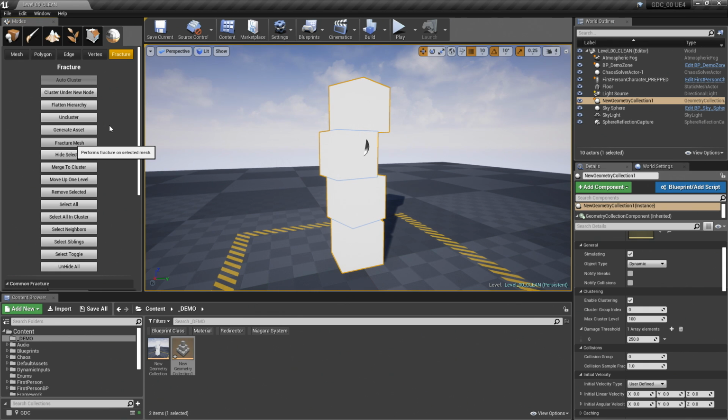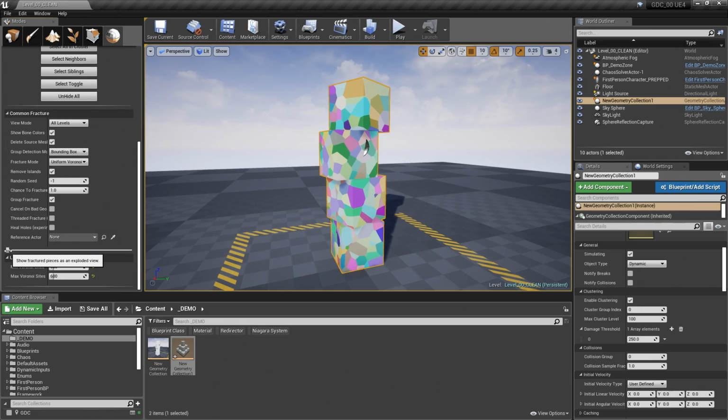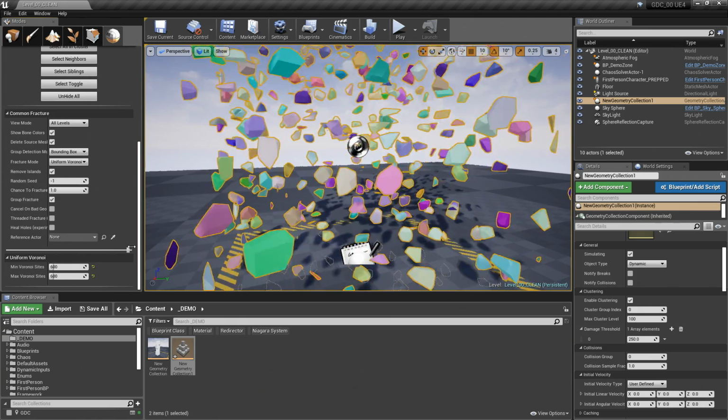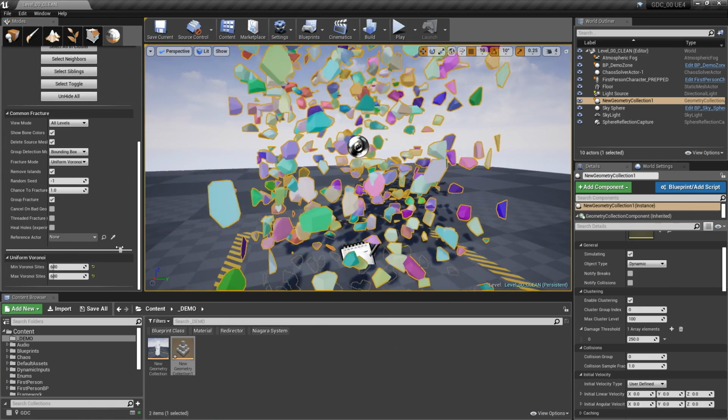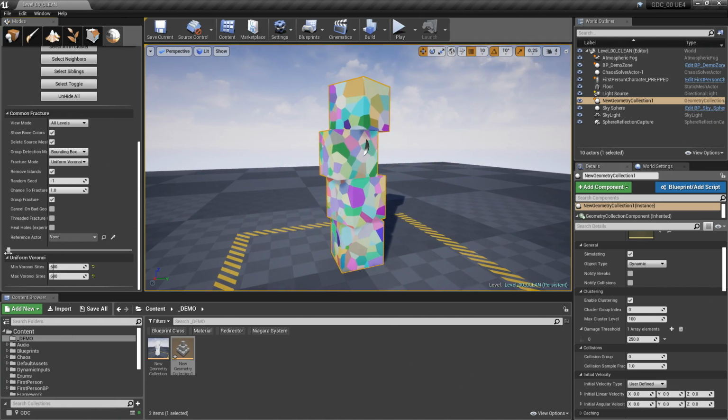And maybe a couple more seconds. This is typically more chunks than I do. Here we go. And when that breaks up, it's going to look like that. So we're probably all pretty familiar with what a Voronoi system looks like. So we want to try to art direct this and make it a little more interesting and kind of mask the fact that we use a standard Voronoi, right? So now we're going to get into clustering.